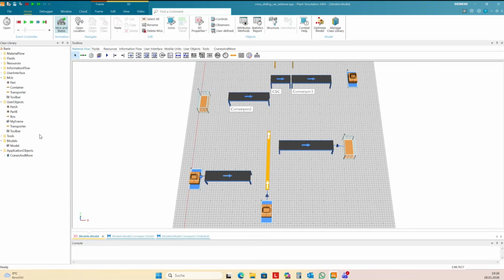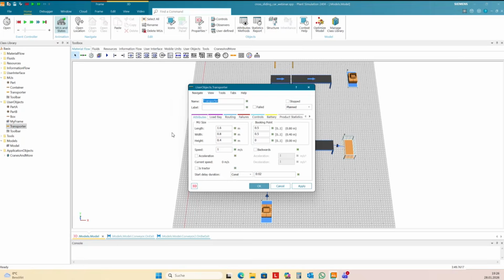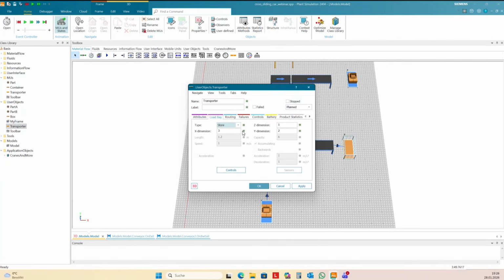Okay, the transporter you can use directly as a cross-sliding car because the transporter itself has different kinds of load bay. This is the matrix store type load bay. This is the default, but there are two others. One is a track.